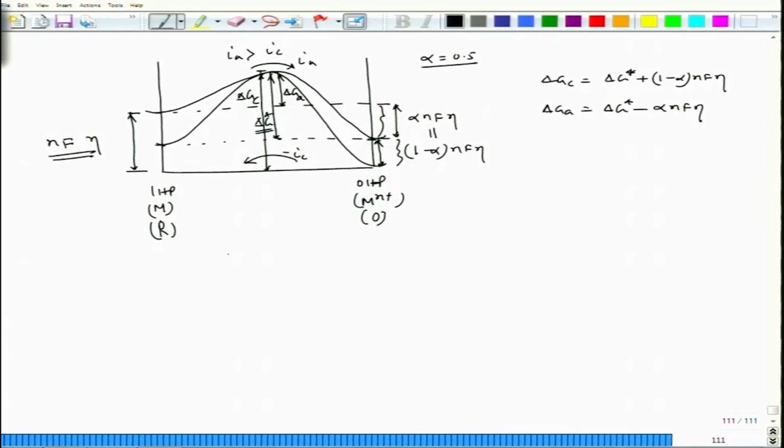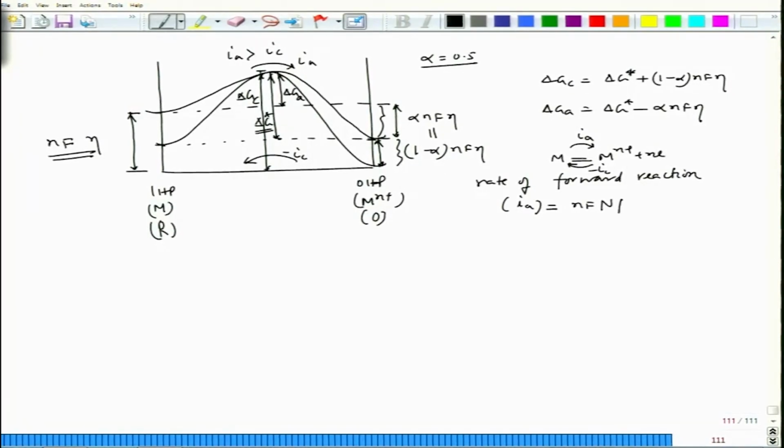Now, I know the rate of the forward reaction, or it is better to say IA. So, that means M minus goes to M n plus ne. This is the forward direction, IA, and this is my IC. We can relate in this form,